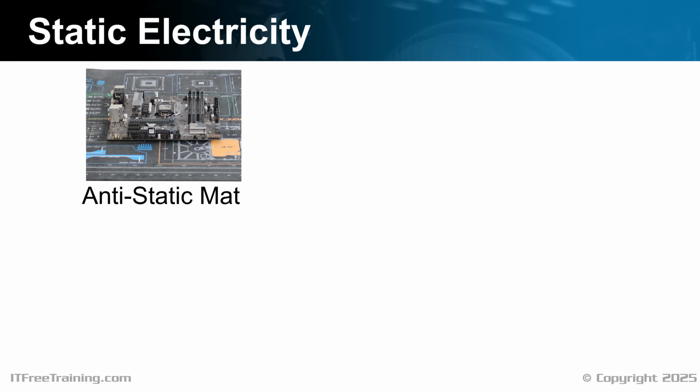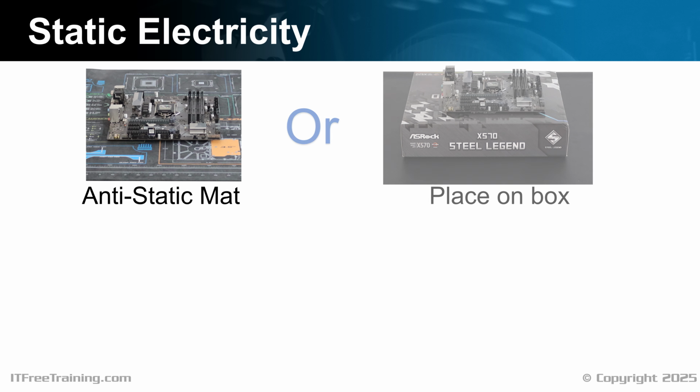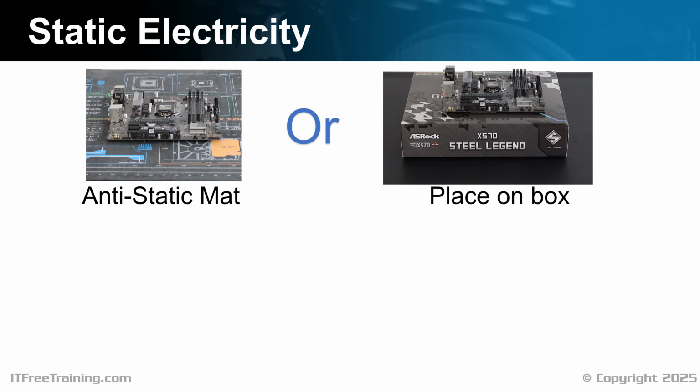An anti-static mat reduces the speed of static electricity trying to travel to ground. It also reduces the chances of static electricity jumping from you to the component. If you don't have an anti-static mat, the shipping box or another box works quite well. Some anti-static protection is always better than none. Rubber mats or cardboard are good because the soft surfaces won't damage the bottom of the circuit board.